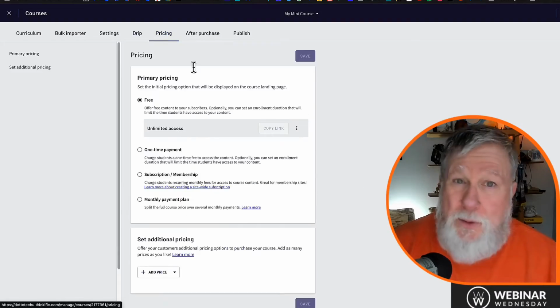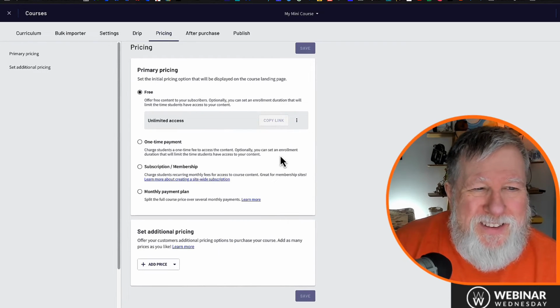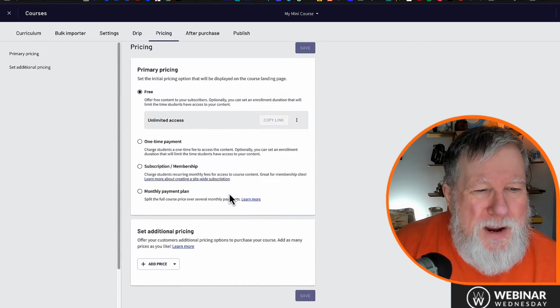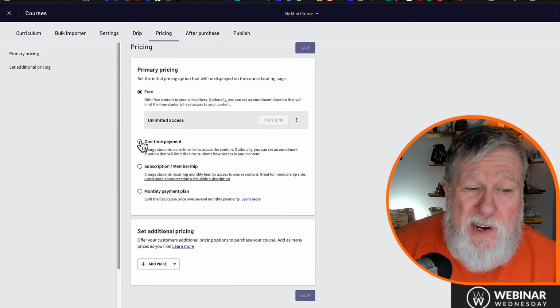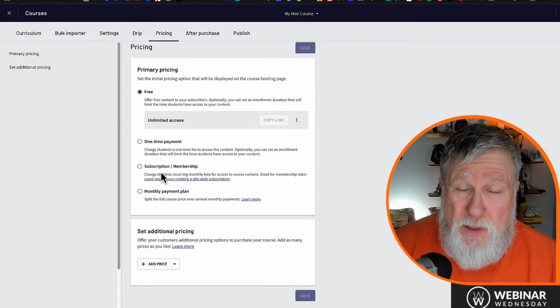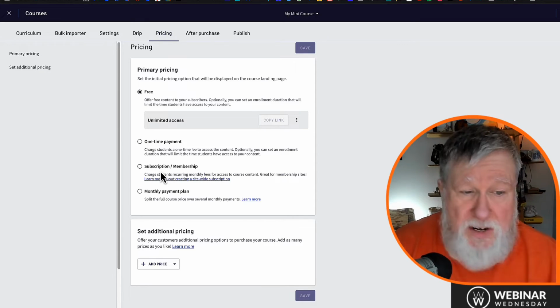The pricing, that's something we're all interested in. Its default is set to free, but then you can also set up one-time payments, or you can set up subscriptions where they're paying on an ongoing basis, as in a membership site, or even monthly payment plans. Now, all of these payment options are set up inside of the settings area,